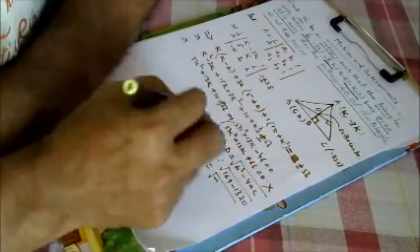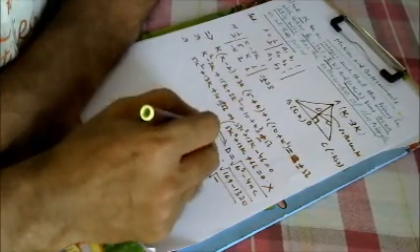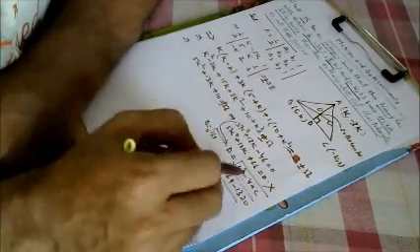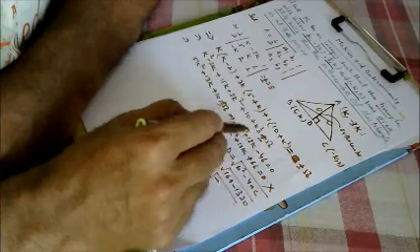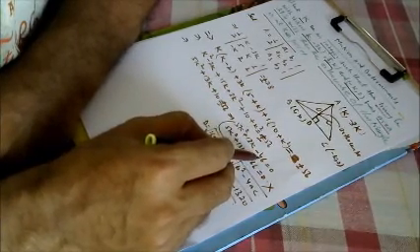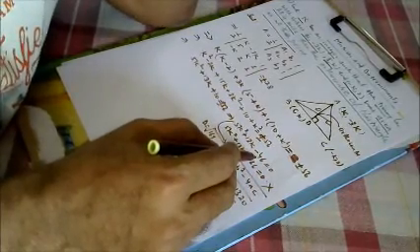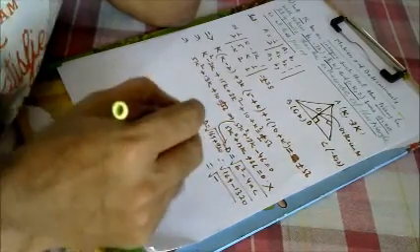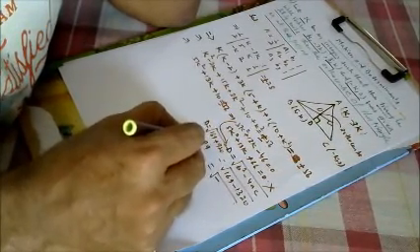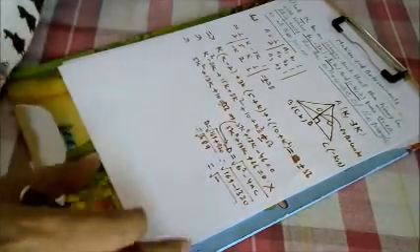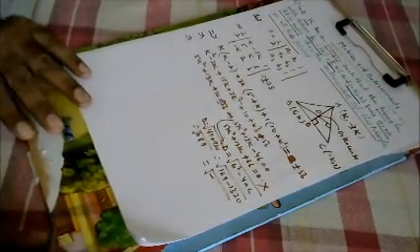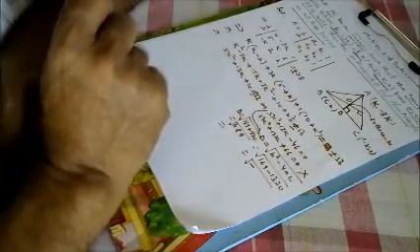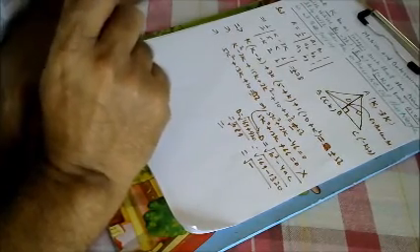For the other one, we will find D. Again b² is 169, and minus 4ac as I told, and minus minus will become plus, so 20 into 46, which is 920. So 169 plus 920 is 1089. So 1089 will be the square of what number? 30 into 30 is 900.